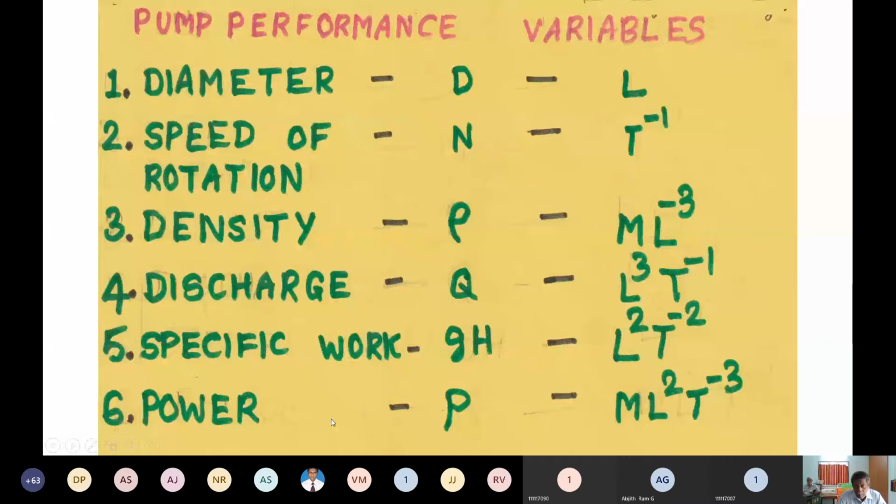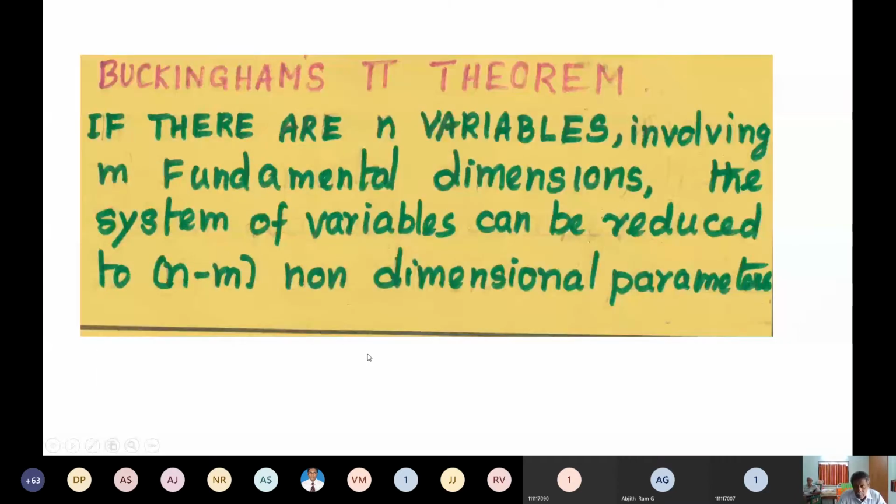Now about dimensional analysis. Did you study it in your fluid mechanics? Yes, sir. Okay, so you must be reasonably familiar with this. There are different methods of dimensional analysis, and if one is to ask what is the purpose of dimensional analysis, in turbo machinery we talk about 3 things.